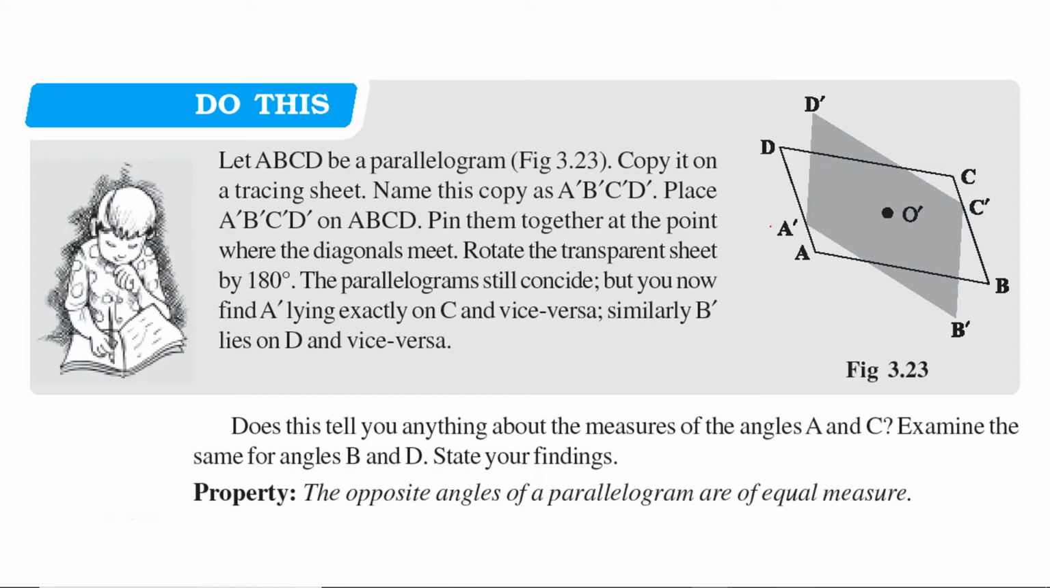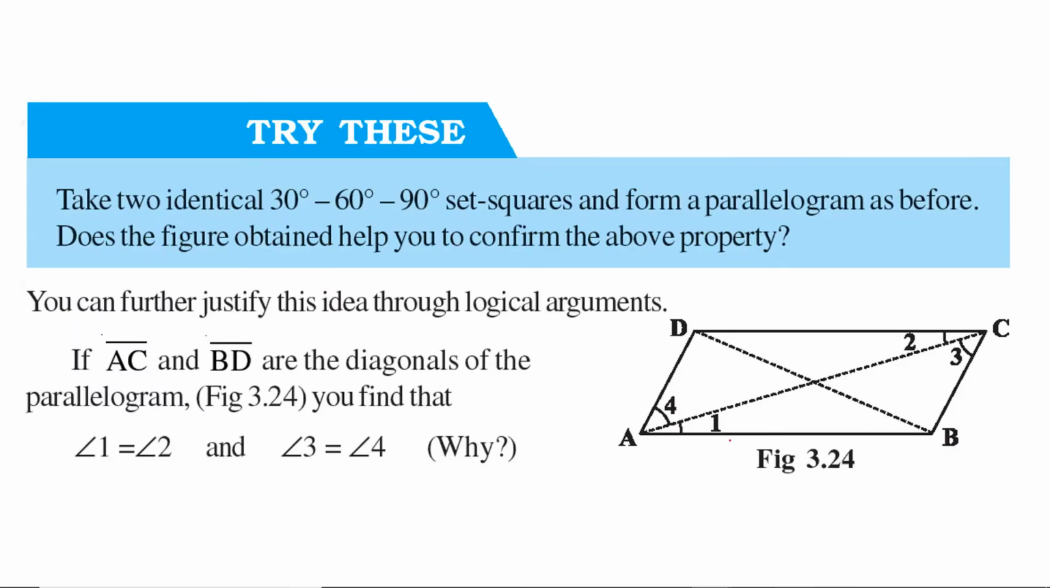Let me just go through this activity. Here we find that the opposite angles of a parallelogram are of equal measure. So how to do this? Again, we take a parallelogram, we take one diagonal, we take another diagonal. So two diagonals we have taken, this AC and